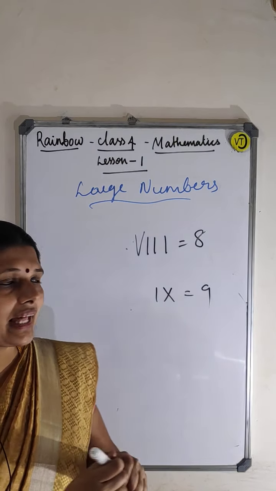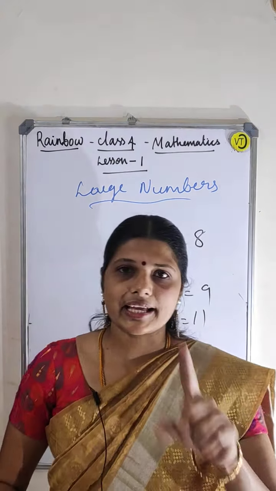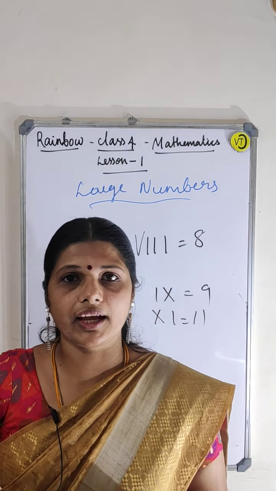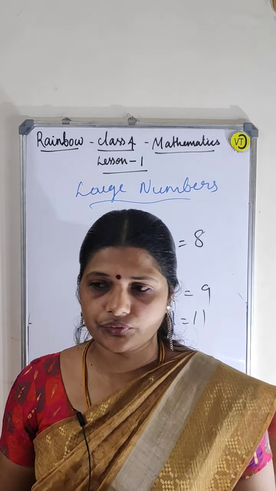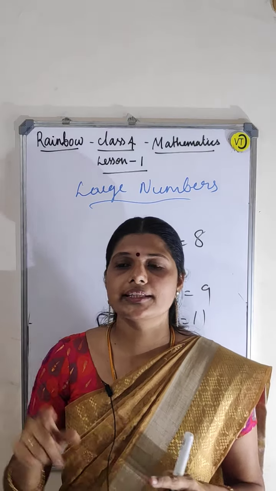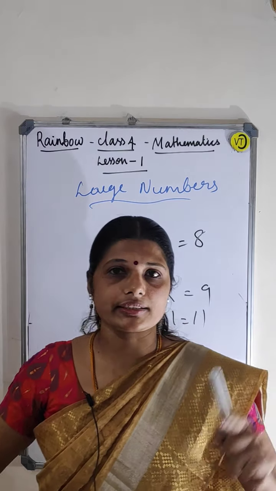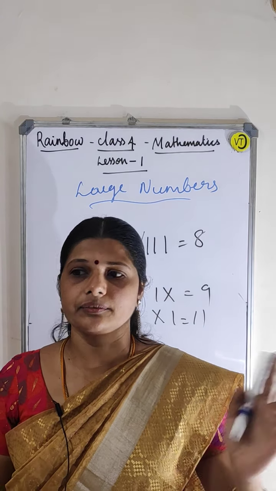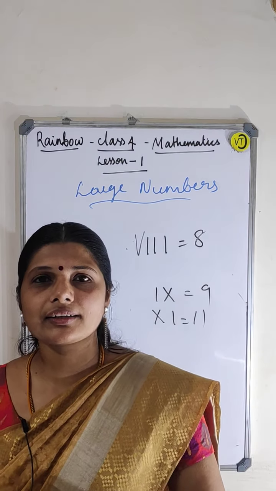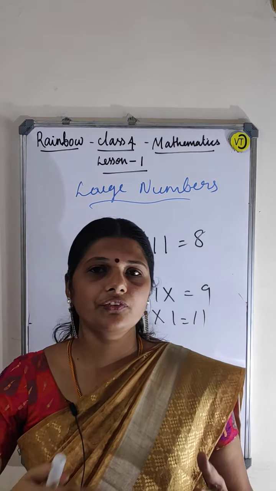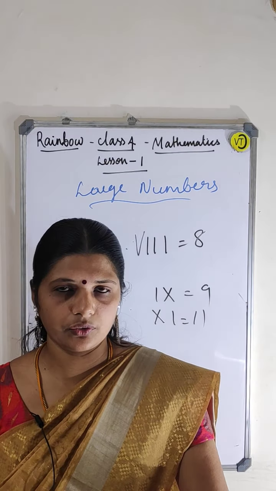Okay. What is then 11? 11, how can you write? XI. That is 11. XII 12. XIII 13. XIV it is 14. XV it is 15. XVI 16. XVII it is 17. XVIII it is 18. XIX is 19 and XX will be 20. Okay, so up to 50, hundreds and all you will be learning when you are going to the next classes. This is like a small introduction given in your book actually.